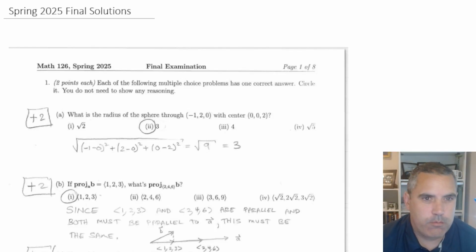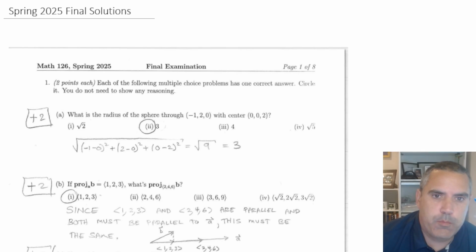I'm just going to talk through the spring 2025 exam. I'm not going to solve every problem. I just want to quickly talk through them, give an initial start. And if you have follow-up questions, you could ask me either on the discussion board or even better in person this summer. Okay, so first page was these